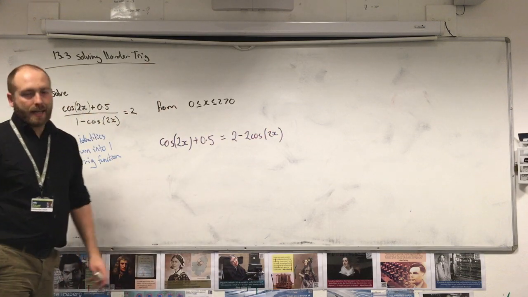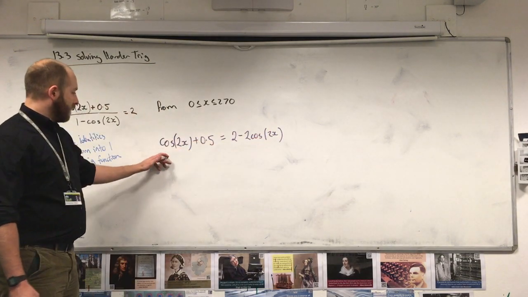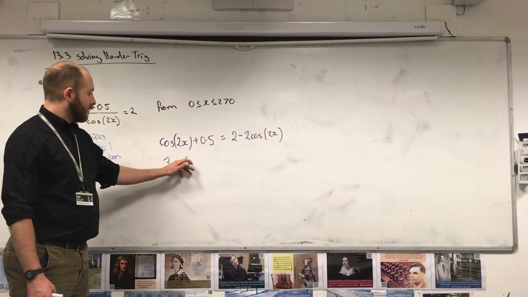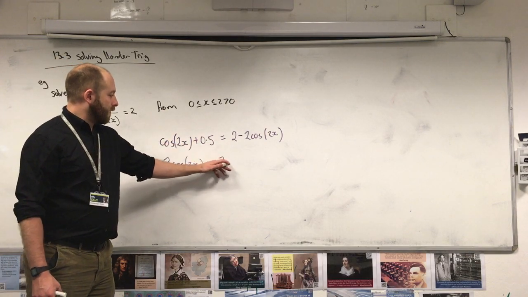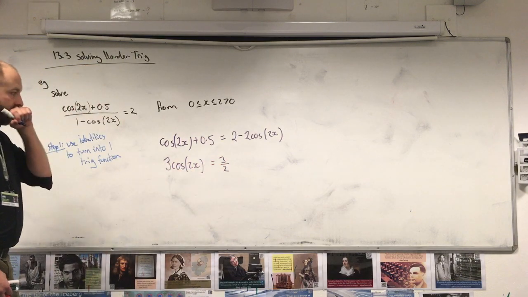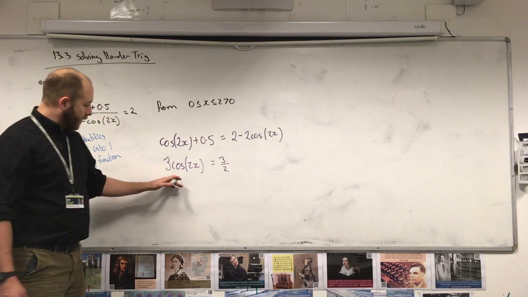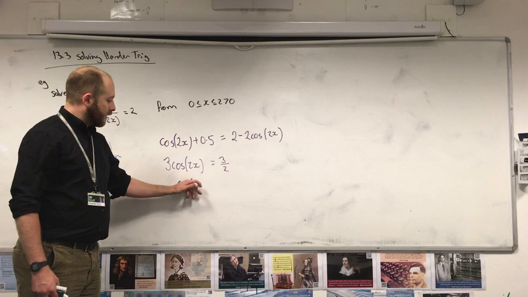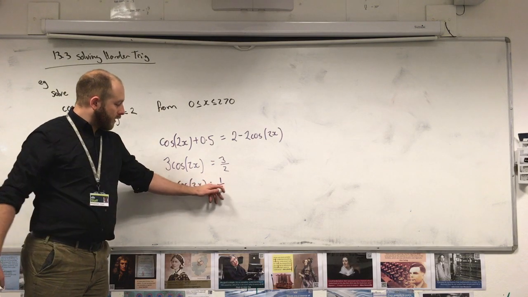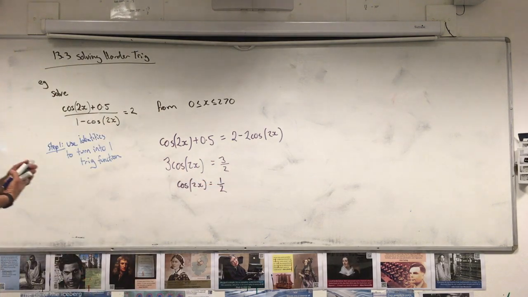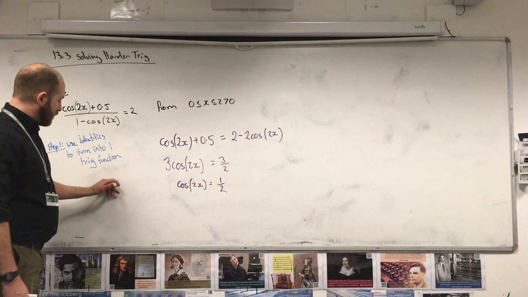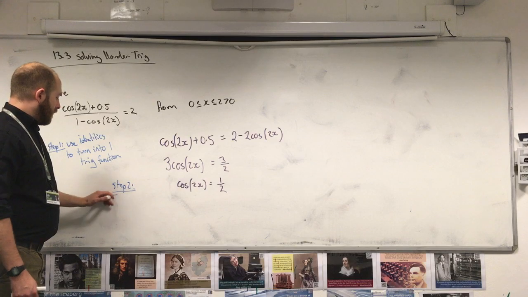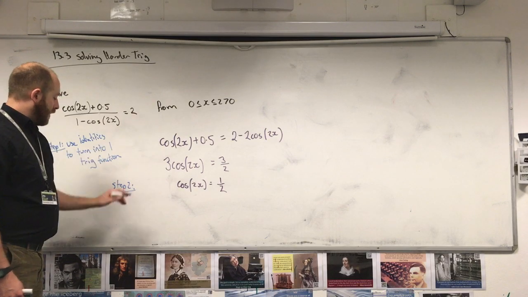Cool. Now I can add 2 cos 2x to both sides to get 3 cos 2x. Take 0.5 from each side to get 3 over 2. And now I can divide both sides by 3 to get cos 2x equals 1/2. Cool. So now we're at the next step. So this is turned into one of the questions we did in the first lecture this week. So step 2, find range